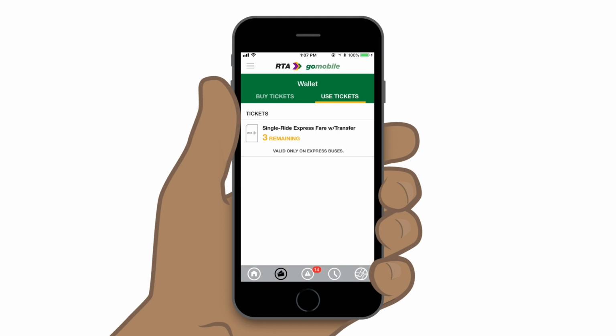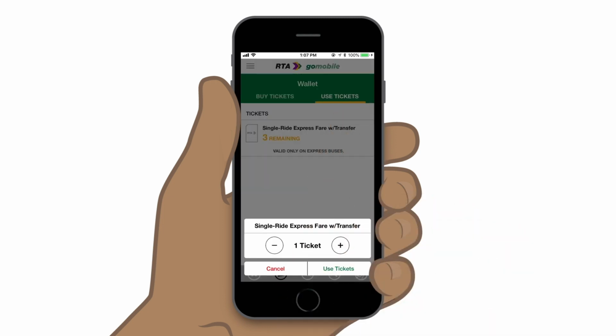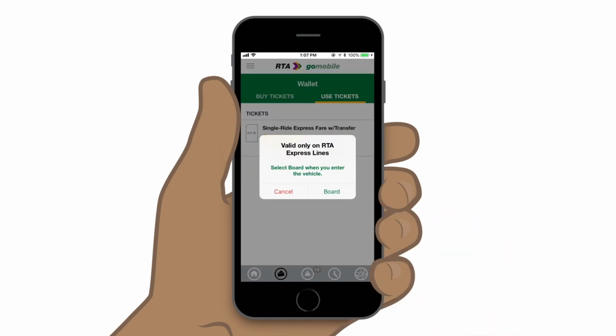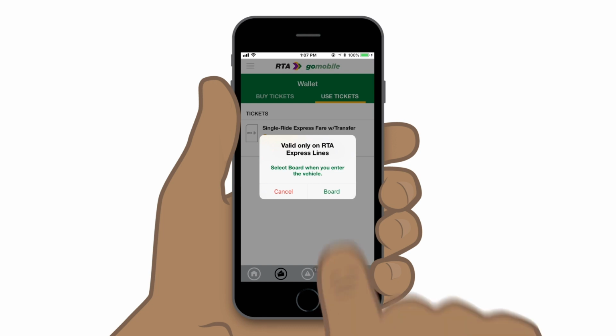You can use as many as you've already bought. Right now, let's just use one. If you are ready to ride, tap Board. If you aren't going to board, tap Cancel and save the ticket for another trip. After tapping Board,